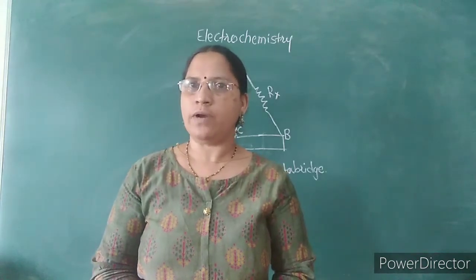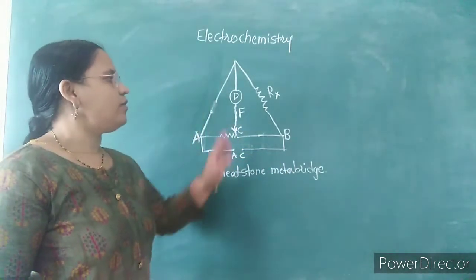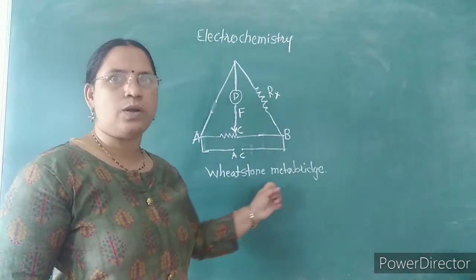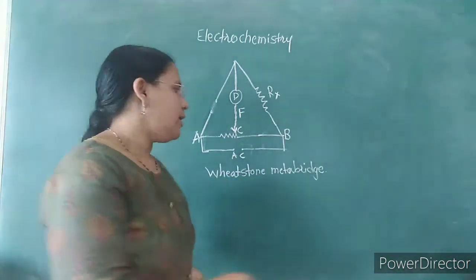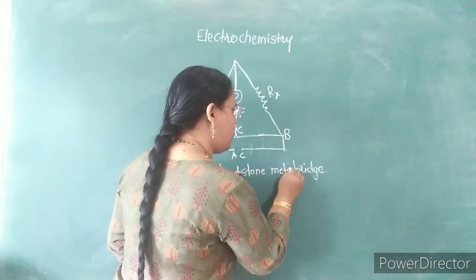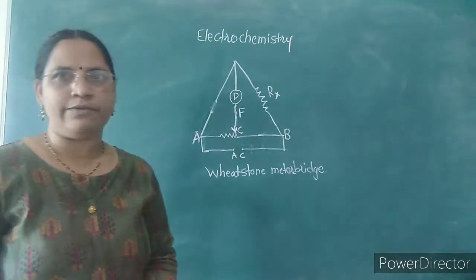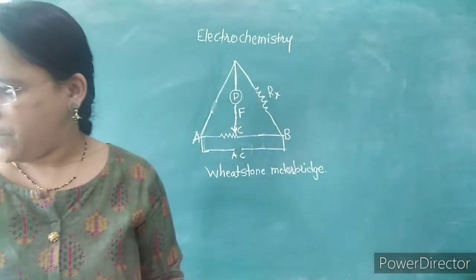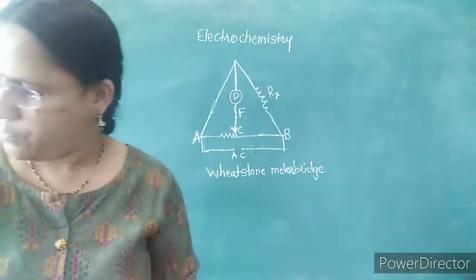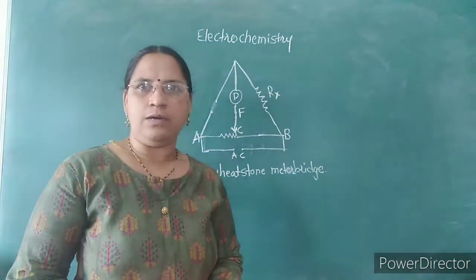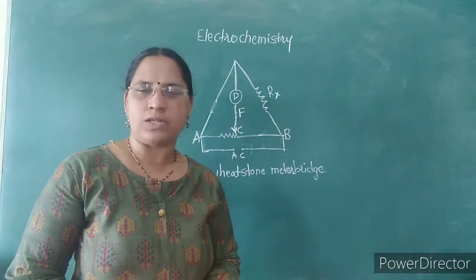So, measurement of conductivity. This measurement of conductivity can be done by using the apparatus called a Wheatstone's meter bridge. In physics also you have the Wheatstone's meter bridge concept that you already learned in 11th standard. Again there is a repetition of the same Wheatstone's meter bridge. Now how to calculate the conductivity by using the Wheatstone's meter bridge?